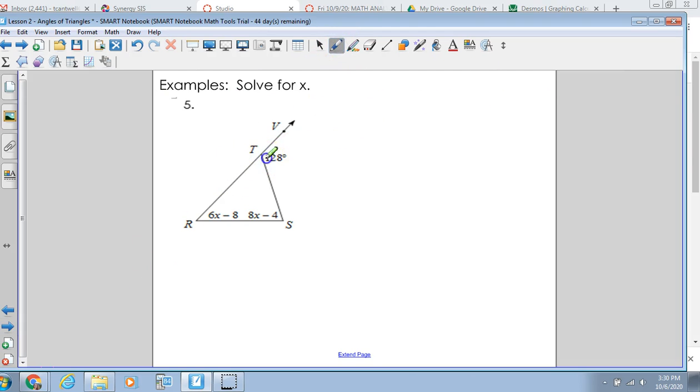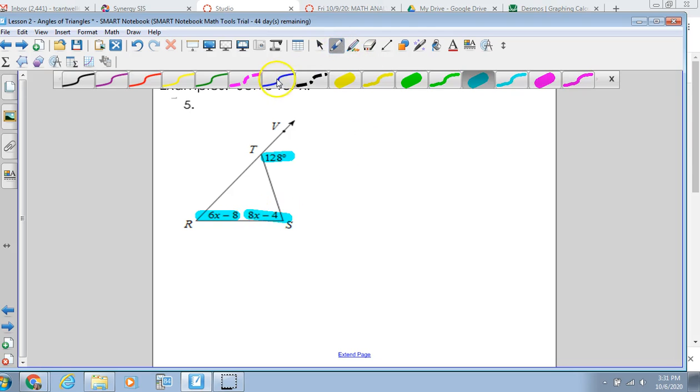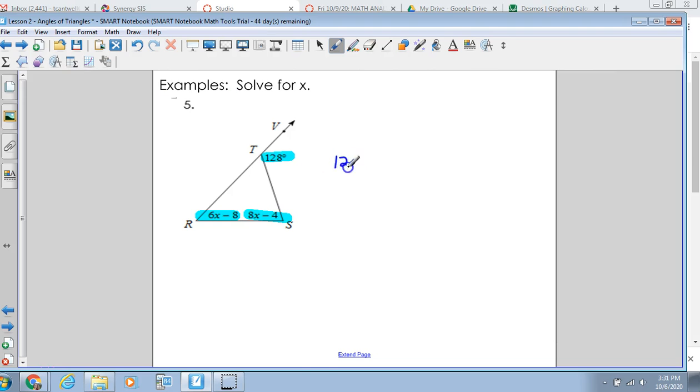We've got our exterior angle here is 128, equal to the sum of the two remote interior angles. This r, which is 6x minus 8, and angle s, which is 8x minus 4. So 128 equals 6x minus 8 plus 8x minus 4. And when we solve this,